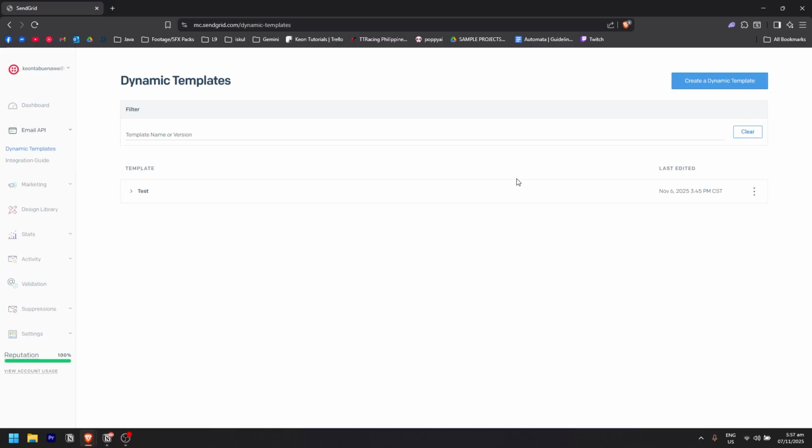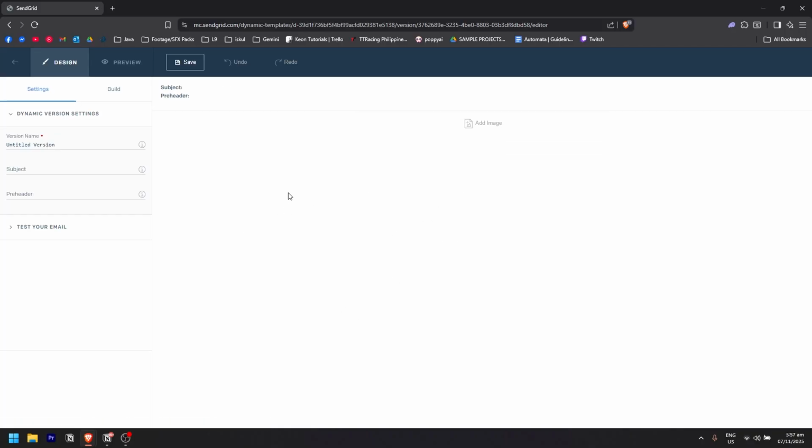And once you're here, you could either create a template or you could just simply open up one. So I'm just going to go with mine right here and go to the design editor. So not the code one, but here on the design. But of course, you can also go with code if you want, but it's easier right here if you use